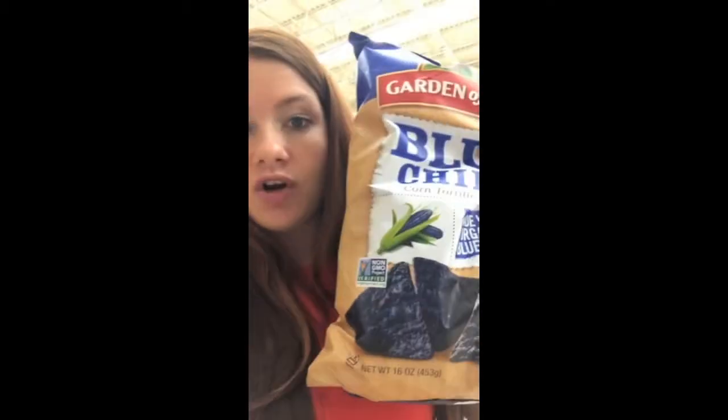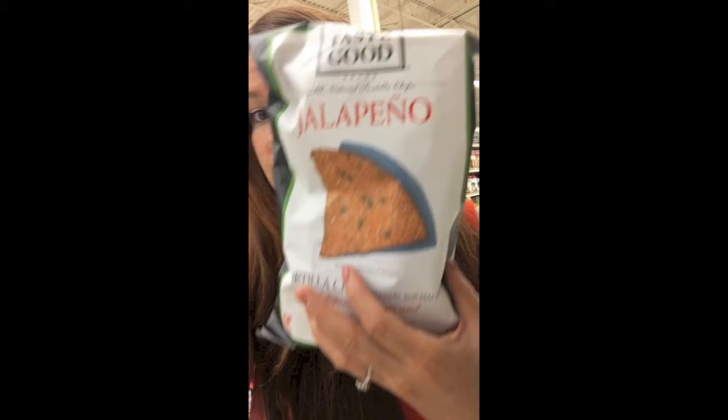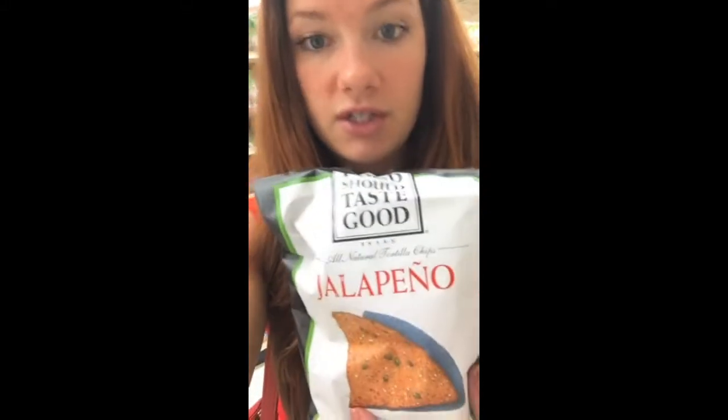If I want chips, if I want something salty and crunchy, I'll go for some blue chips. What I love about doing a tortilla chip is that it's mostly whole ingredients, made with whole foods, very few ingredients, and it satisfies that crunchy something. And they end up being a little less expensive than some of the fancier healthy chips like these. But these Good Eats are really good as well. Say you're craving something really sweet and you want cookies. This brand